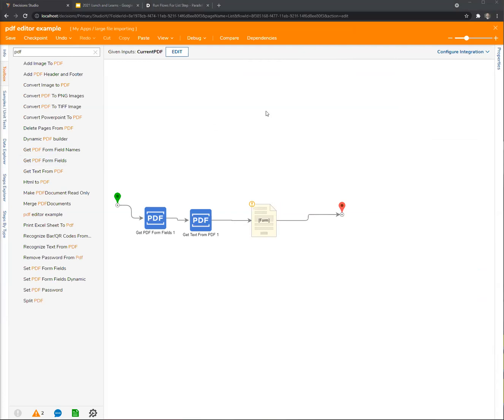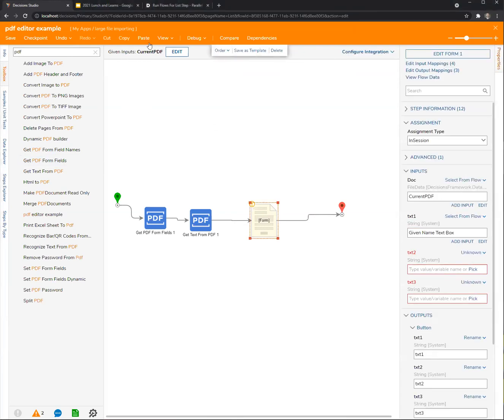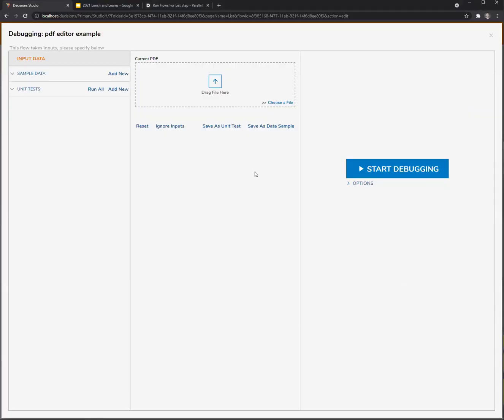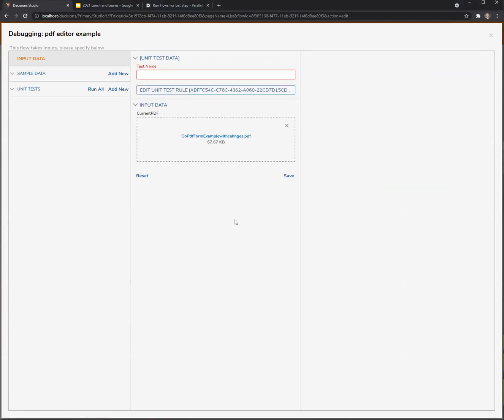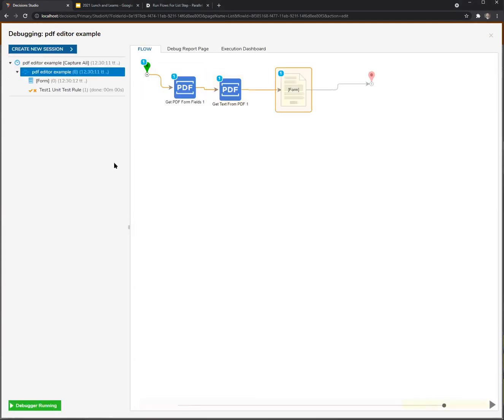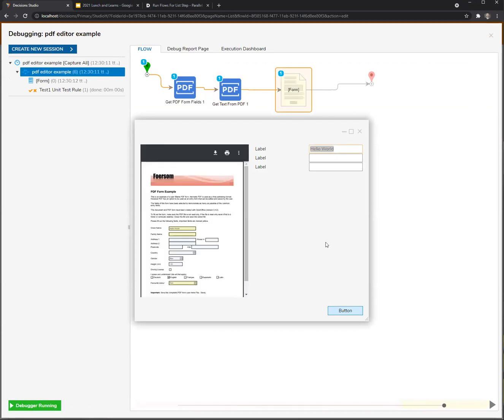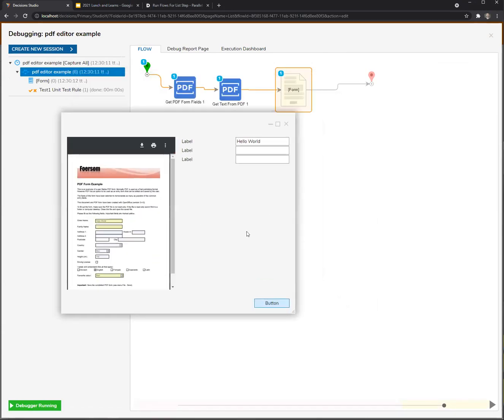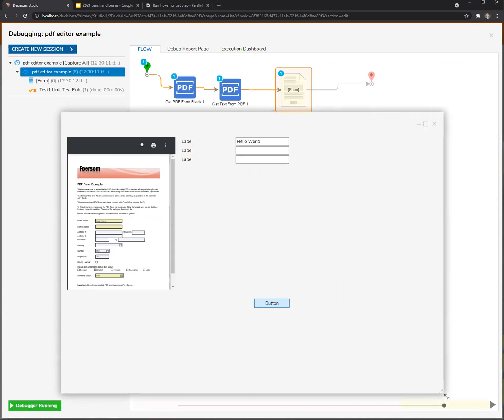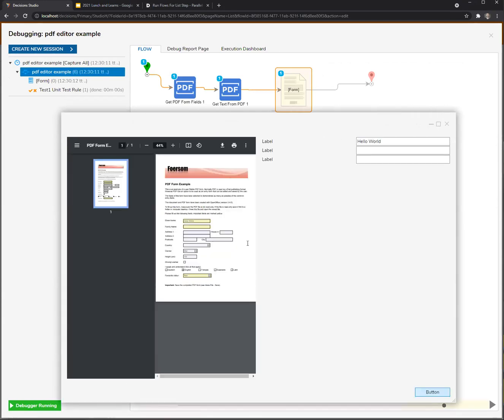With changes. So if I run this and I bring over my with changes, save a unit test and run. Okay, cool. So let's talk through what we got here. What I have is